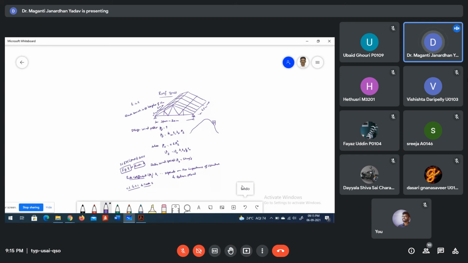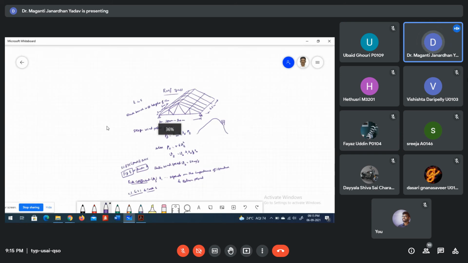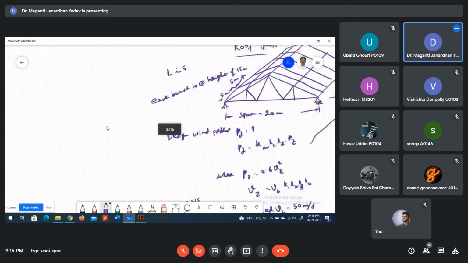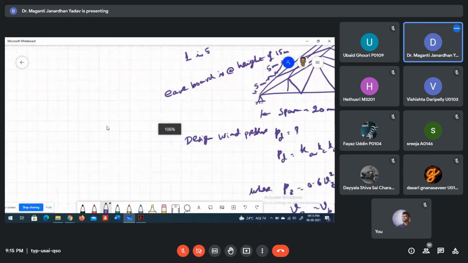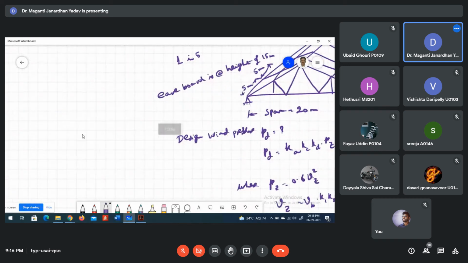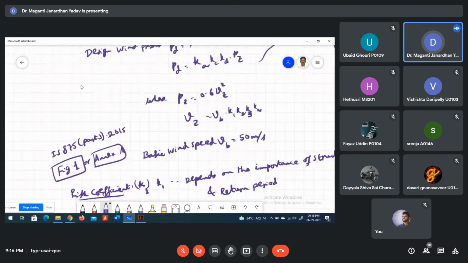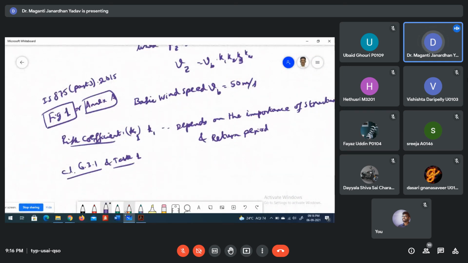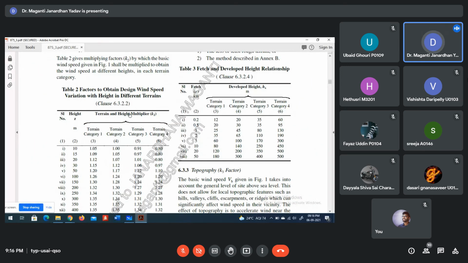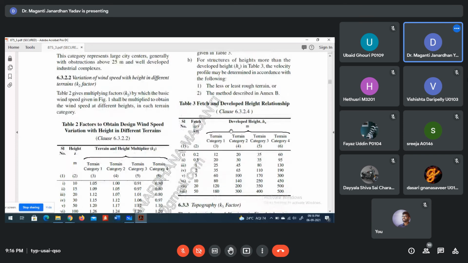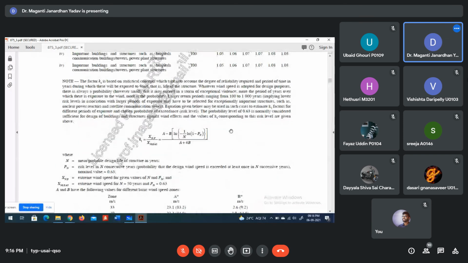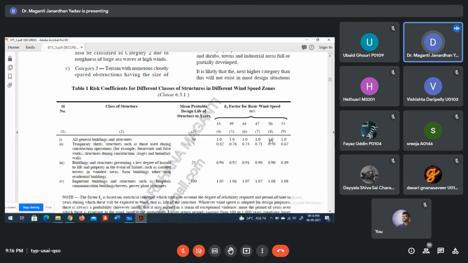That is K2 value. Okay, oh, sorry. Sorry, I'm telling you about K1, no? Sorry, I went to the K2 also. This is K2, Baba. This is K2. This is K1 is 1. For 50 years return period, it is